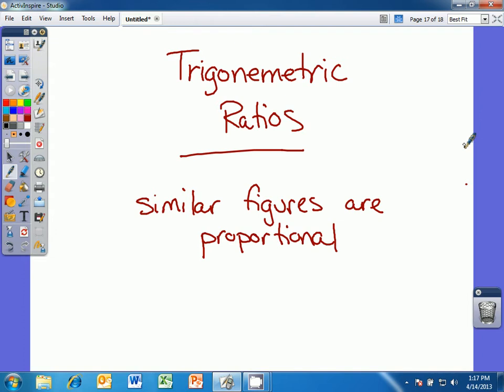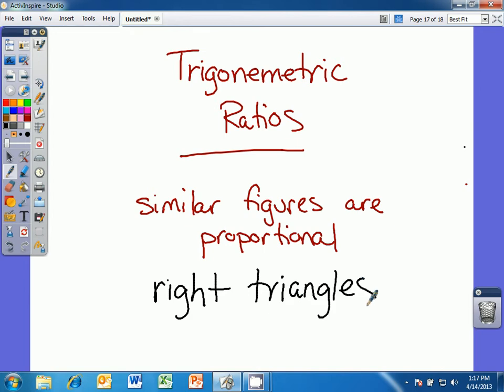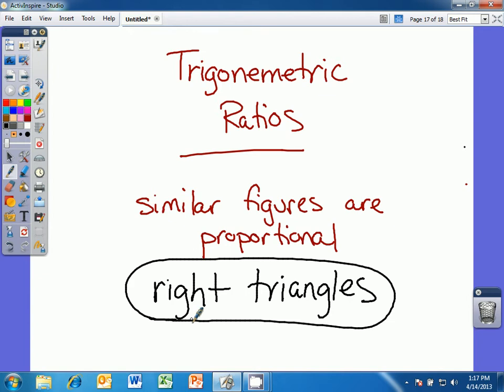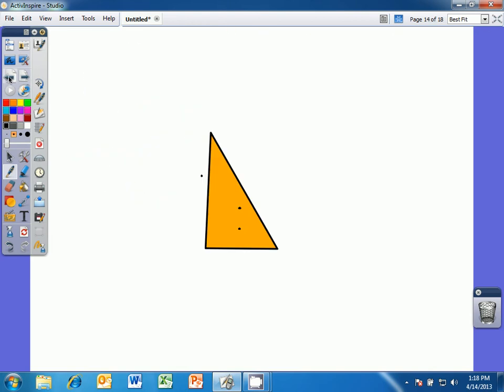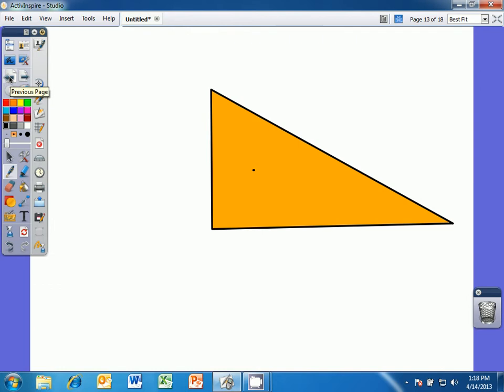Okay, trig ratios, or trigonometric ratios, have to do with similar figures being proportional. And when we talk about trig ratios, we're actually talking about right triangles. Right triangles are similar to each other, and they have special proportions that we use to solve different equations. So let's take a look at a couple of right triangles just to make sure that we understand the different pieces